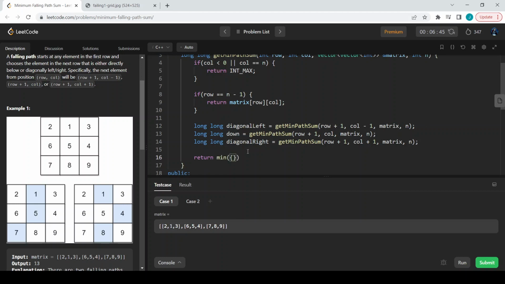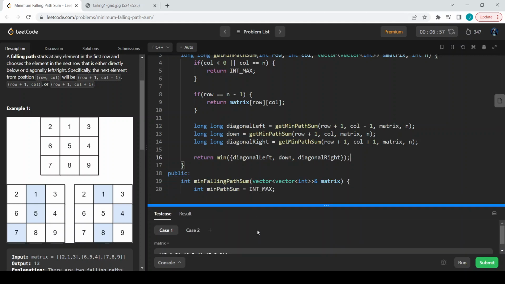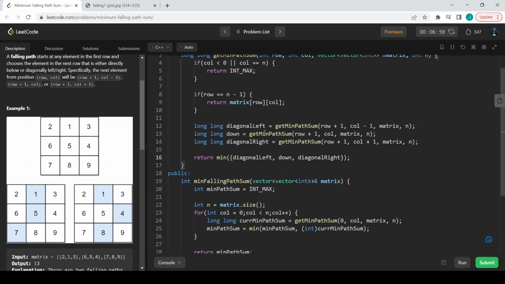So diagonal left, down, and diagonal right. So this is pretty much about the code. But each time, what we are going to do is calculate the sum. So we can have the matrix of,